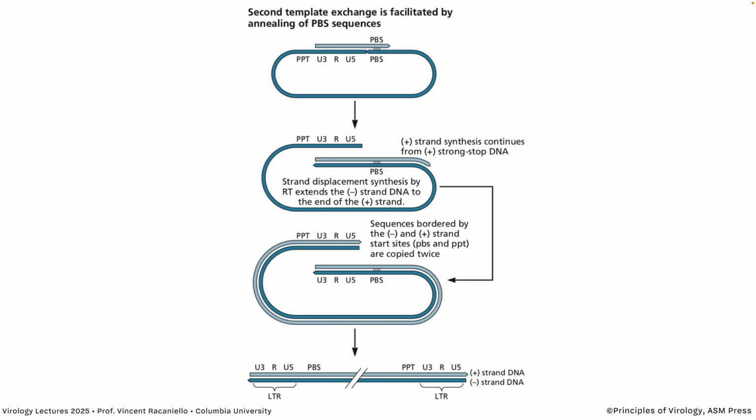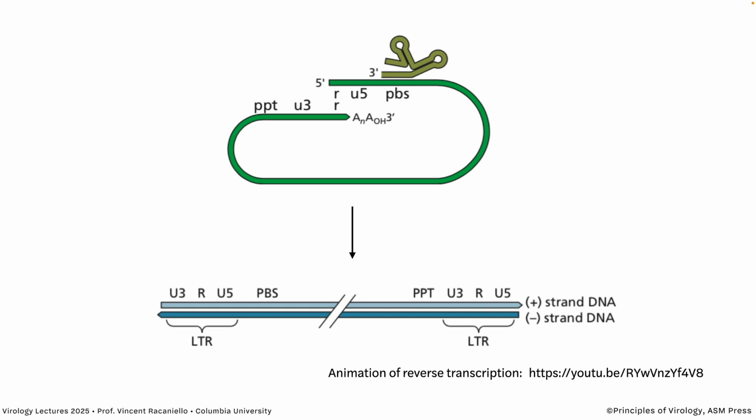So this jumping of the template exchange has basically put two LTRs on the DNA because it wasn't on the RNA, as you see here. The RNA doesn't have 2 LTRs. It's got incomplete. It's got RU5, RU3, and the LTR is U3, RU5. You need a full LTR to get virus made, and the RNA is not good enough to do that.